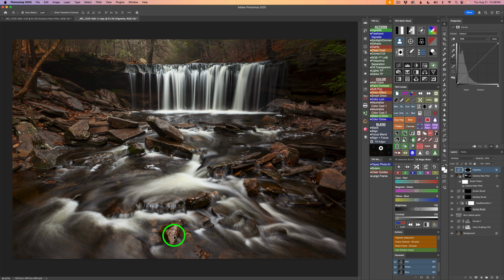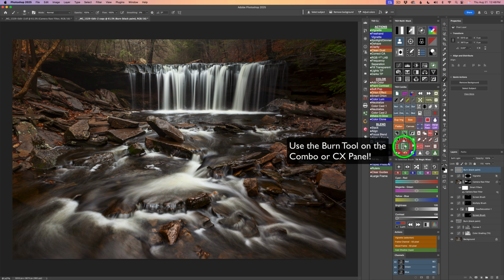This rock right here is really bugging me. My eye wants to always look at it. I want to tone it down. So to do that, click on the left or right side of a burn tool. It doesn't matter. I'm going to use the left side. With a brush at 20% opacity, I'm at 100. I'll take my 2 key, and all I want to do is just paint on here, lifting the brush and